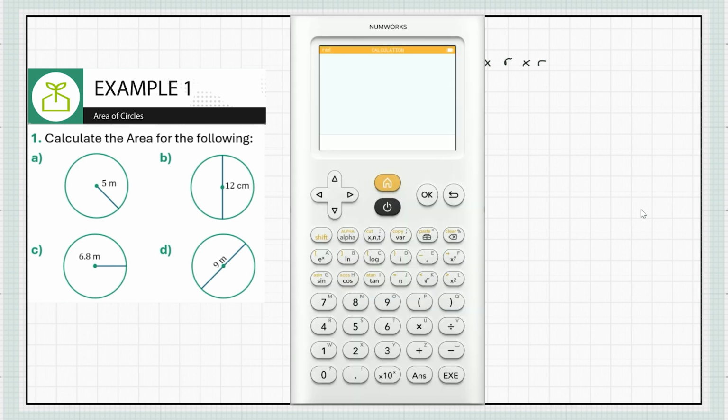So first up, we need to find pi. This will be different for a lot of different calculators, but you're just looking for this symbol. Sometimes you may have to hit shift or alpha in order to find it. Right, so pi multiplied by 5, and then if you hit this little symbol here, which is x squared, it will square the term that you last entered. Alright, so once you've got something like that, just hit OK or execute, and you will get that 25 pi, which is 5 times 5 times pi,